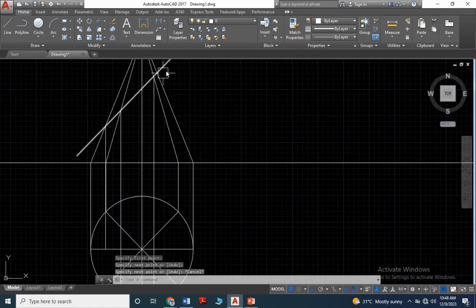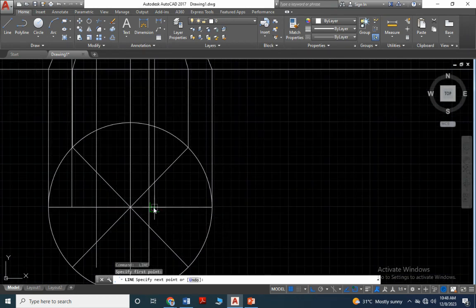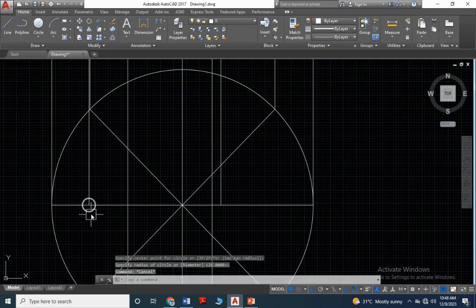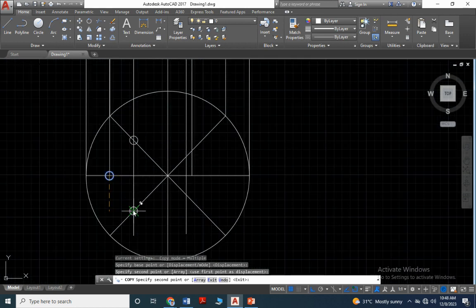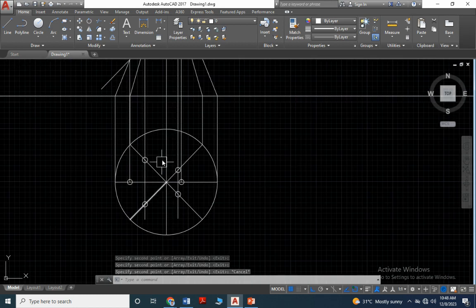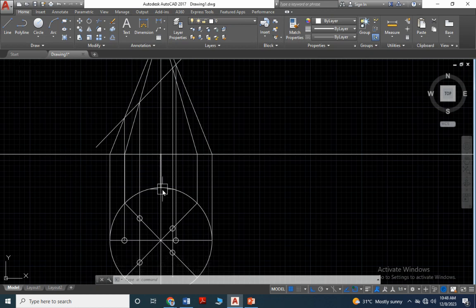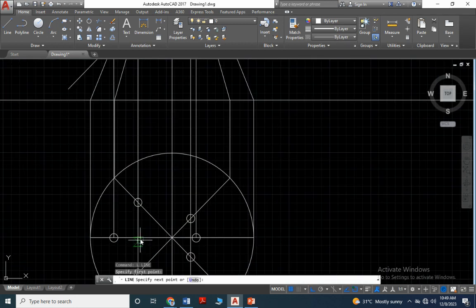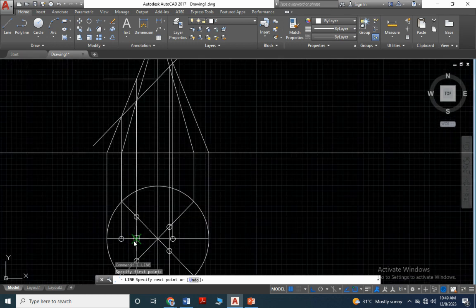Then projector from this point also, this edge point. Now how many points did we get? So it is 1. Just I mentioned by using the circle. 2, 3, 4, 5, 6 only. So we will get another two more edges that are required, which are actually in the axis point. So how to project this one? So draw the horizontal line and draw the projector from this point up to this end, either this end or this end. Okay,